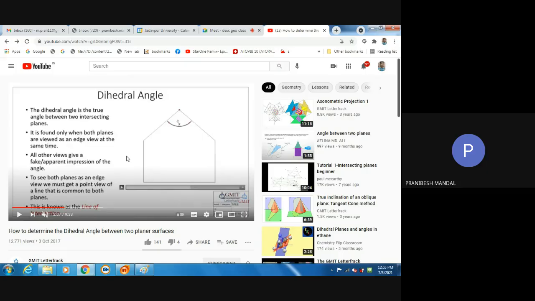You take perpendicular of any line, anyone. Take here, take here, take here, take here. Isn't it going to be the edge view? From any side you see, are you not going to get the edge view? If you are having it in the true shape, from any side,